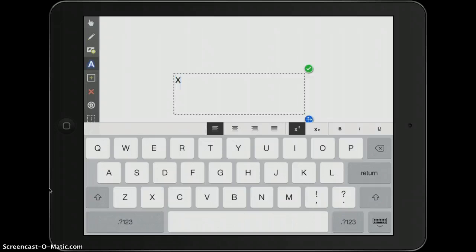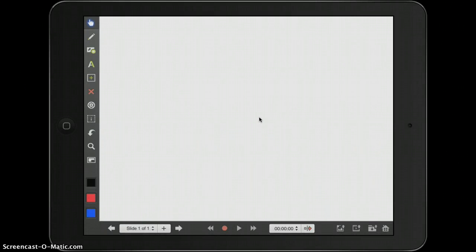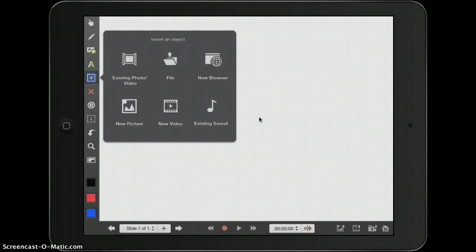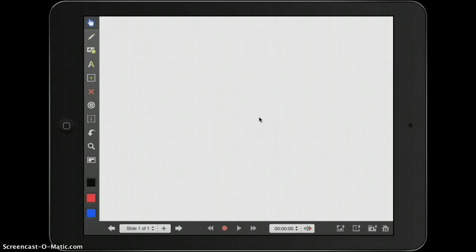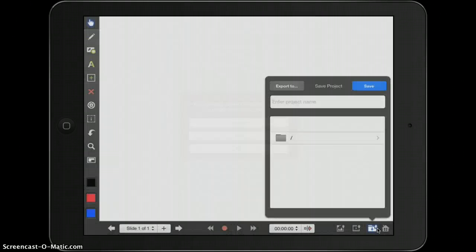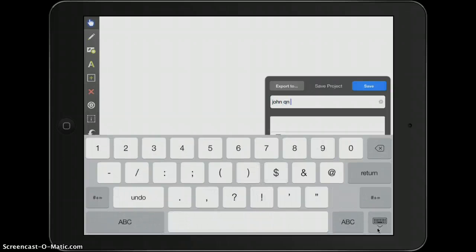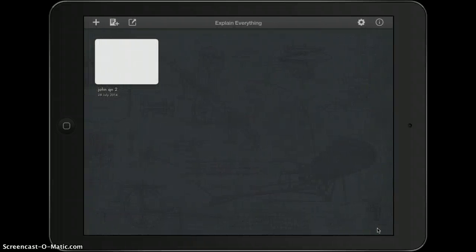Okay, so we can do that. And obviously we can pull in an object. So this is the menu that we're going to focus on at the moment, the insert an object. We're going to file. Now, prior to this little screencast that I'm doing, back on the home screen down here, I'm just going to save the project, and we're just going to call it John question 2. Save that. Back down in this home screen,